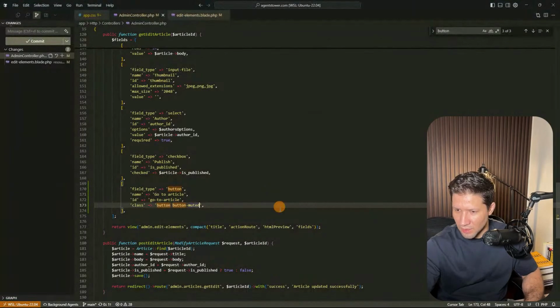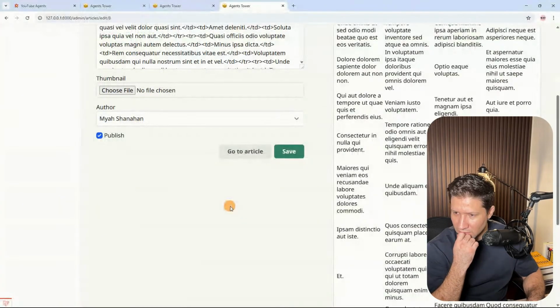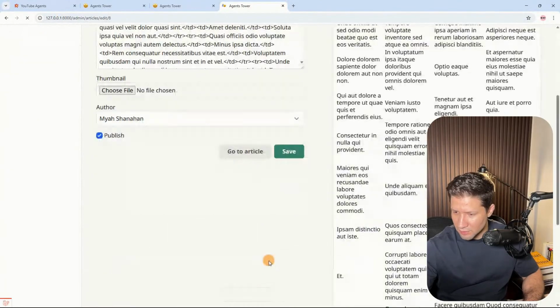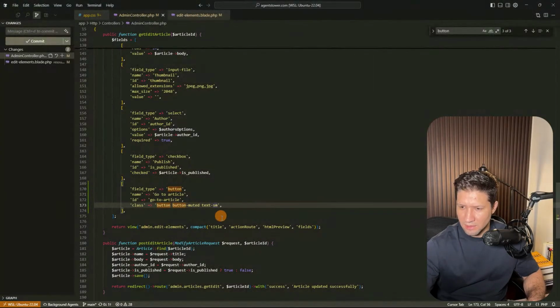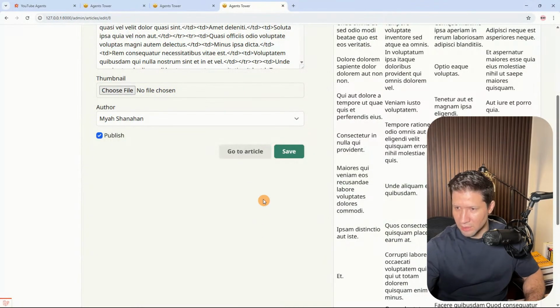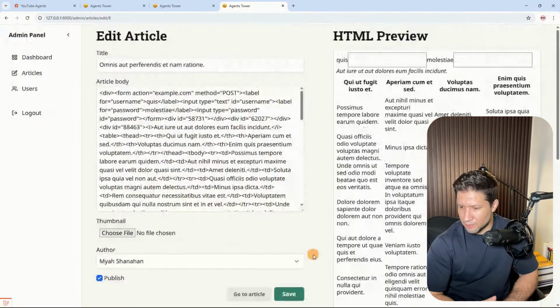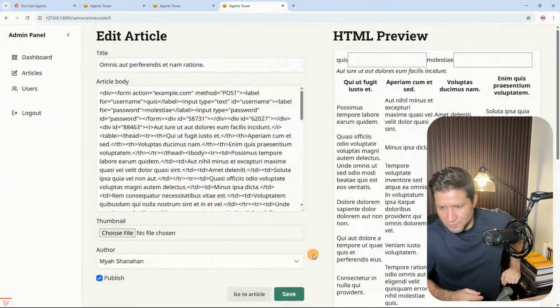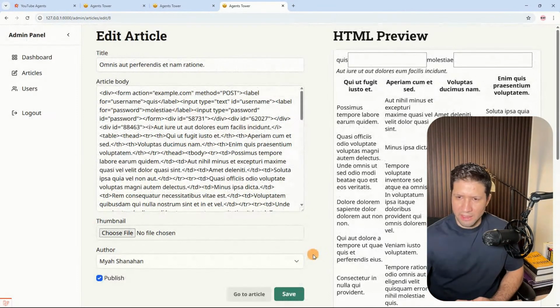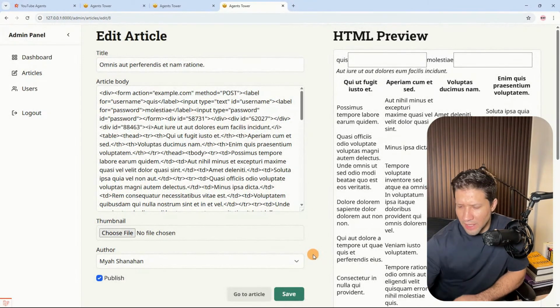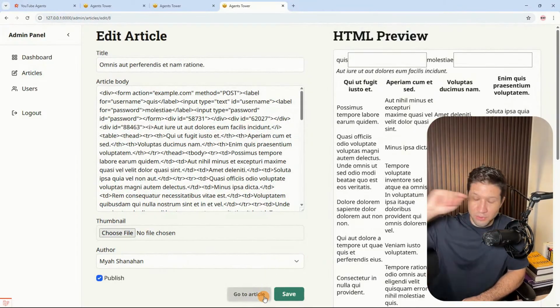Maybe I could add something like text small. I don't know if that's going to have an impact in here. It doesn't look like it's having an impact. Maybe I could use something like button small. Let's see if that does have an impact. Let's reload this. And it looks like a little bit smaller, at least the text. So I like it. So in here, we could add a go to article that's going to send me to